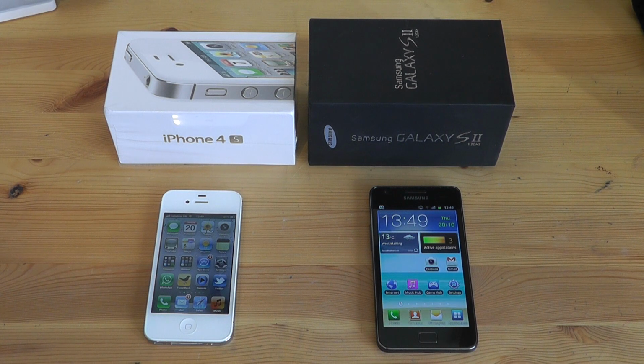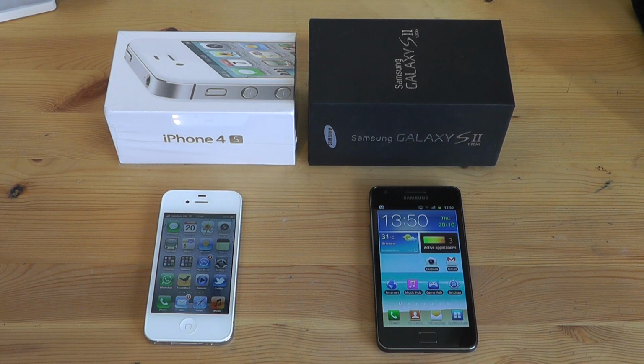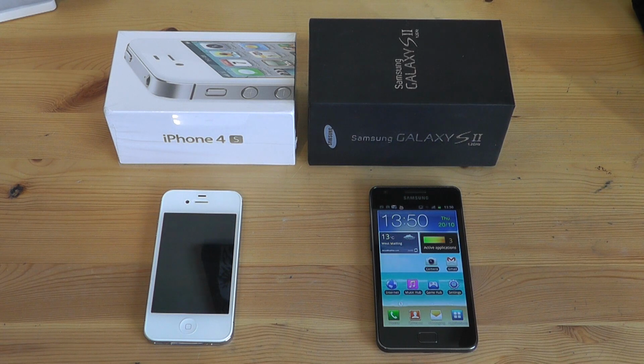Now let's just talk about the cameras. Both of these devices now have an 8 megapixel camera running at 3264 by 2448 pixels. Both of them have autofocus and both have an LED flash. They both have things like geotagging, touch focus, and also smile and face detection. Now they both record at 1080p at 30 frames per second, and they both have a front-facing camera. The front-facing camera on the Samsung Galaxy S2 is 2 megapixel, whereas the one on the iPhone 4S is